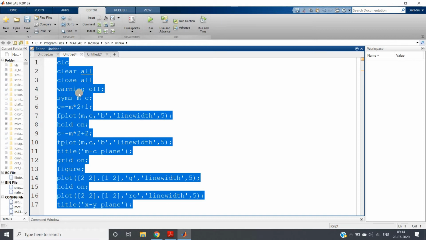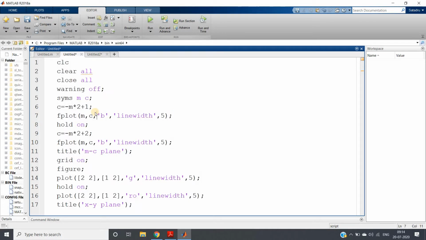Now let us go to the same code which I showed you while discussing the problem we got in the Hough transformation while taking the MC plane, that is, while taking the slope intercept formula. We have taken our two points, one is 2,1 and the other is 2,2. The x-coordinate is the same and the y-coordinate is different, that means a vertical line, right? So the slope is infinite because tan 90 degrees is infinite, and theta in this case, the line joining these two points, will obviously be 90 degrees.